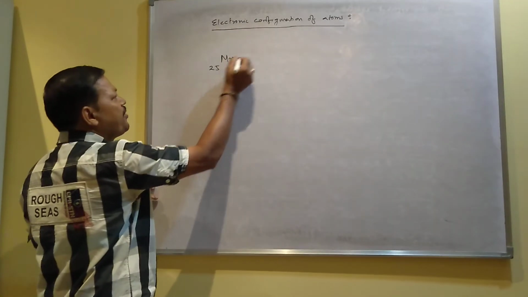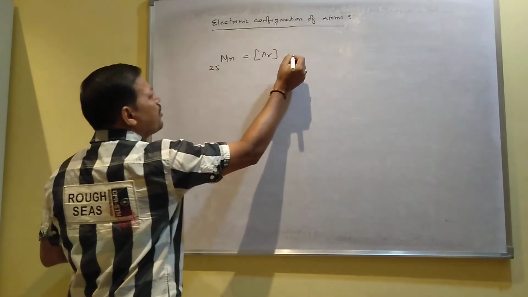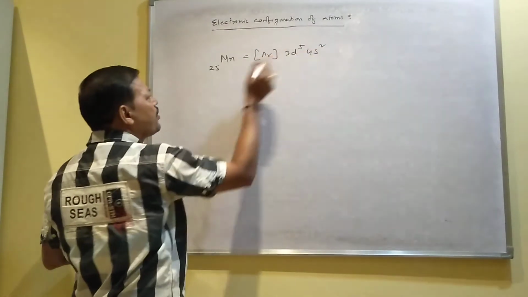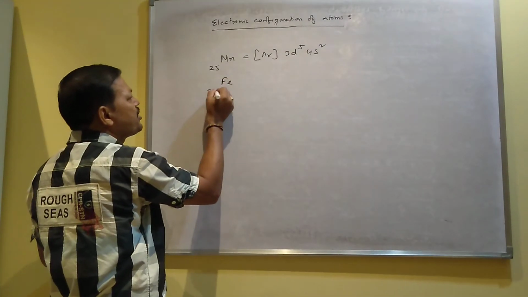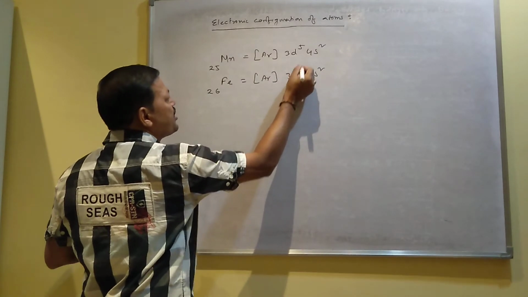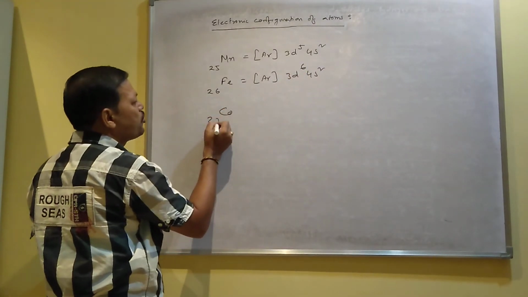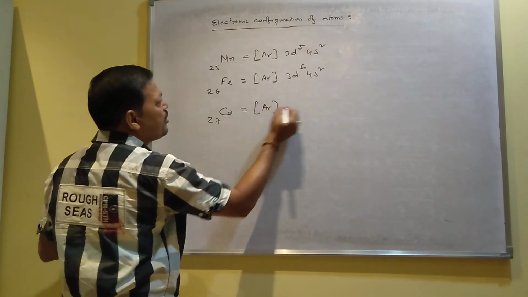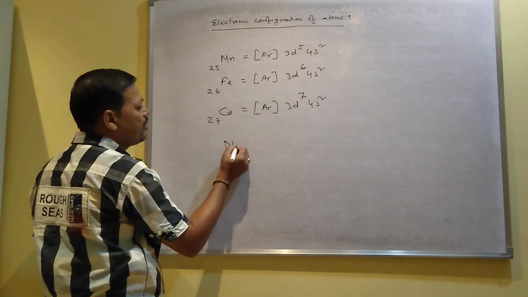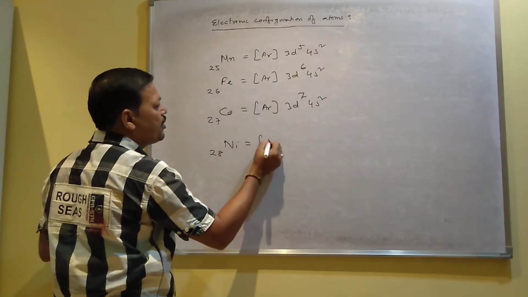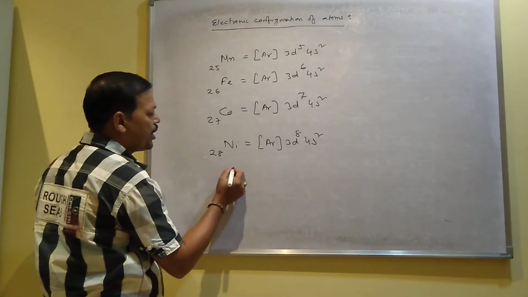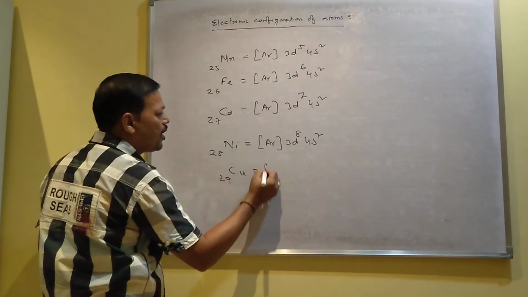Manganese 25: argon, then 4s2, then 3d5. Then iron 26: argon, 4s2, 3d6. Then cobalt 27: argon, 4s2, 3d7. Then nickel 28: argon, 4s2, 3d8. Then copper 29: argon,